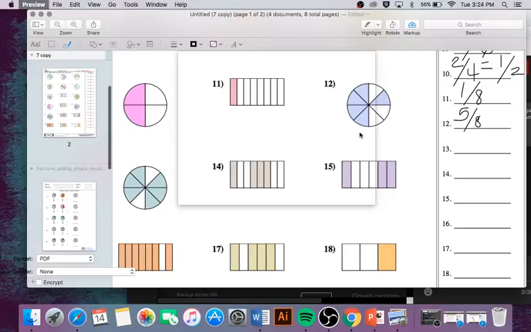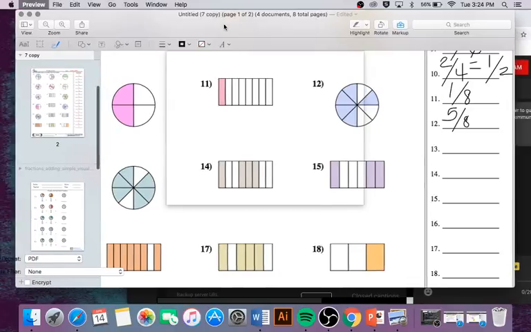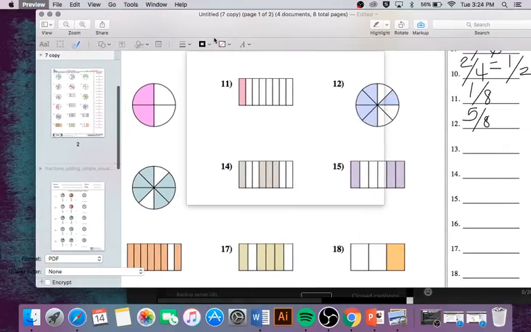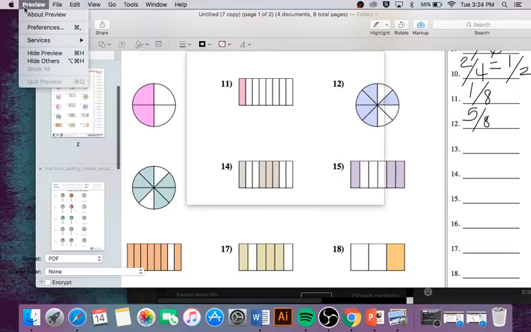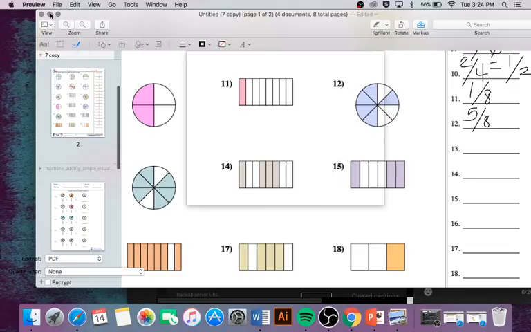Okay, it is not going to cooperate. All right. Well, I guess when my computer decides what it's going to do,